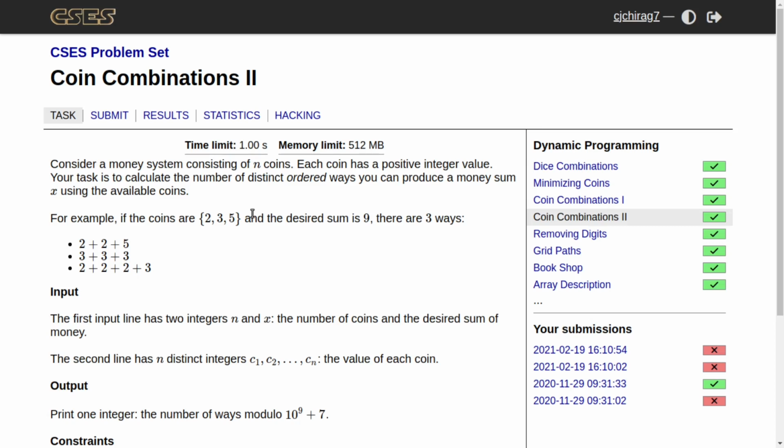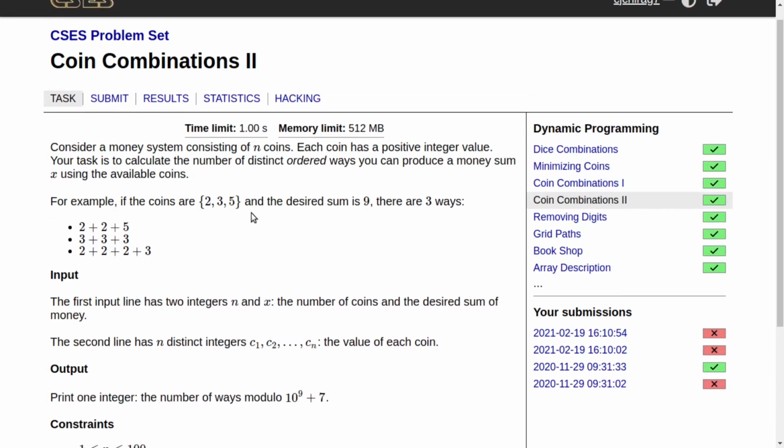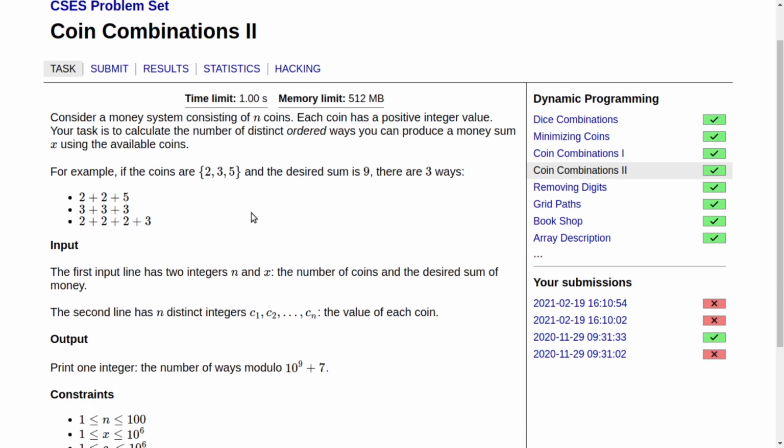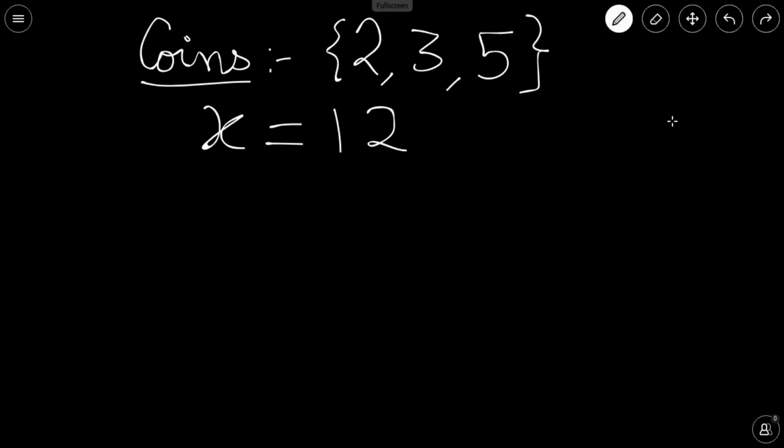In the earlier question we counted the permutations. Here the ordering doesn't matter, or you can say each ordering would be treated in the same manner and counted as one only. The rest is the same question as the previous one. I would recommend you to try it on your own. Pause the video and try it yourself. If you are stuck, I will give you a small hint. So now I am going to give you the hint for this problem.